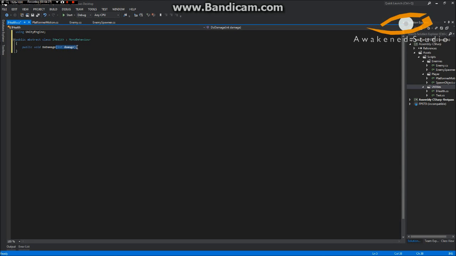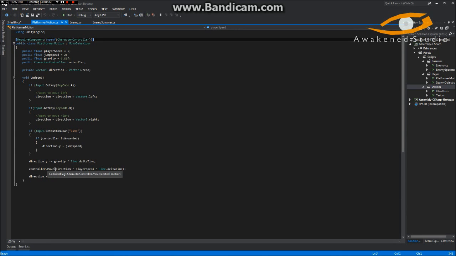So when I was saying this takes in an int called damage, whenever something calls do damage, we have to pass in information to this function. Just like remember when we were doing move in here, passing in this value, the direction times the speed times the time unit. It's the same thing. When we call this function, obviously not in here, but just for the sake of it, it'll look like, I don't know, health